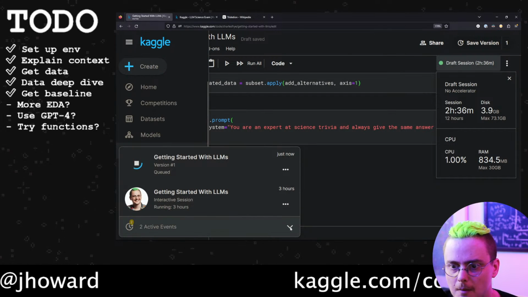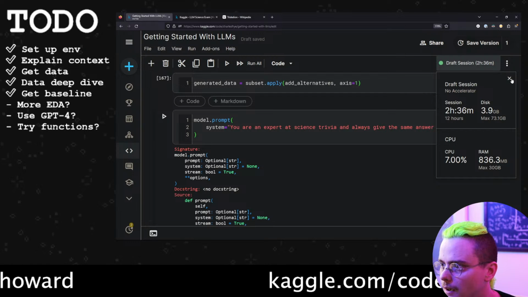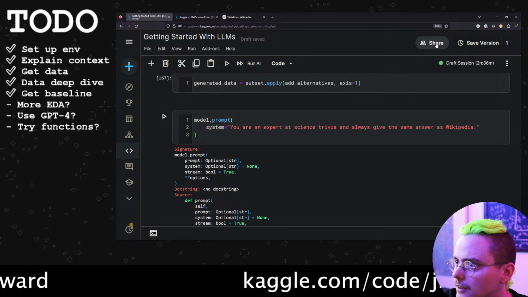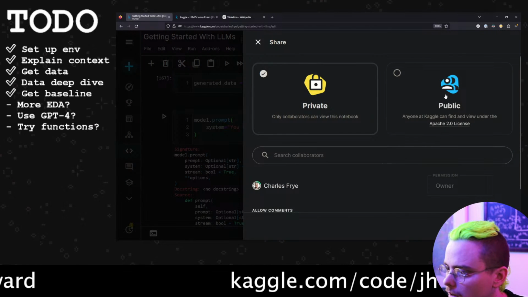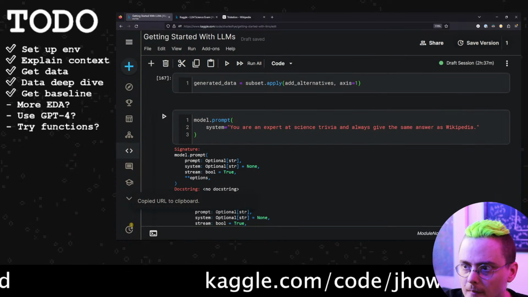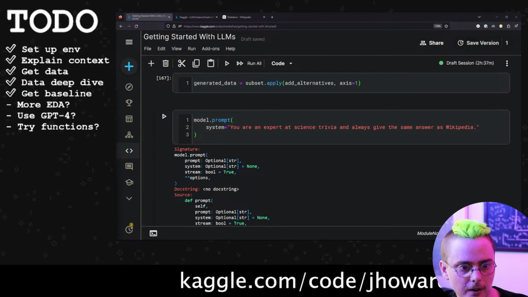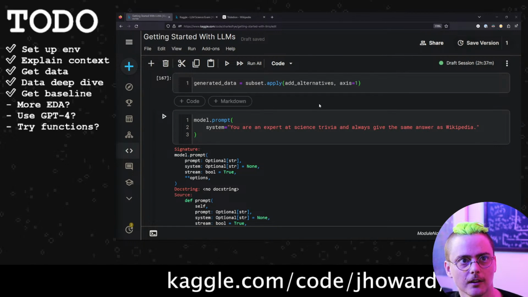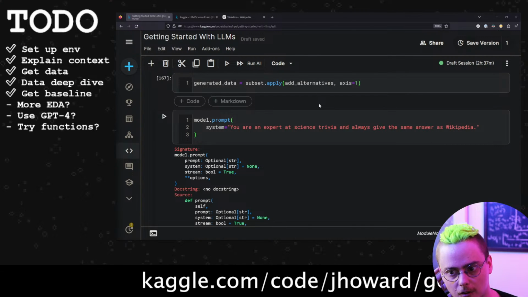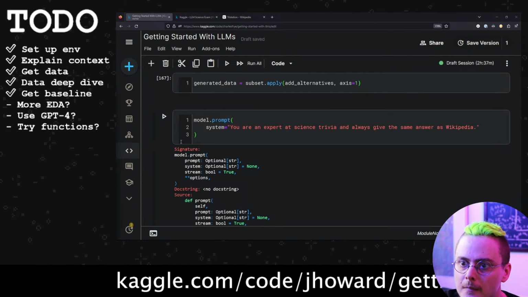I'm not going to save and commit because I was up to all kinds of wacky stuff, running things in different orders. Not great Jupyter hygiene, but when you're running it live, you can't always be super careful. All right, so save. Let me toss a link to that Kaggle notebook in case you want to play around. It's very close to the notebook that Jeremy put up, which is linked at the top. There's just a little bit of extra pandas code there.